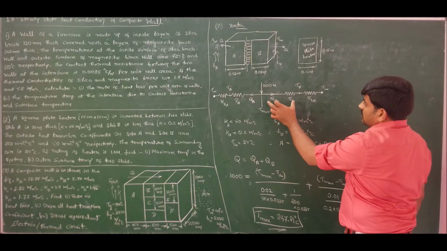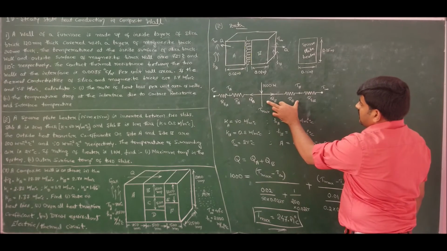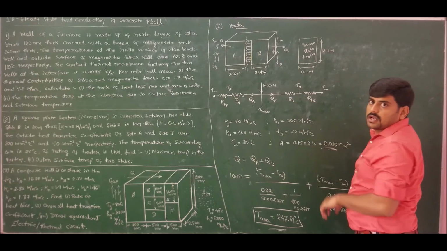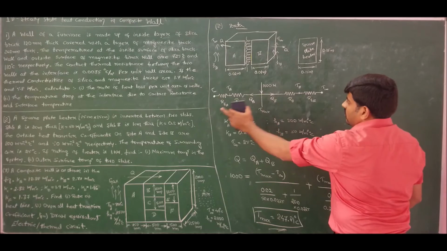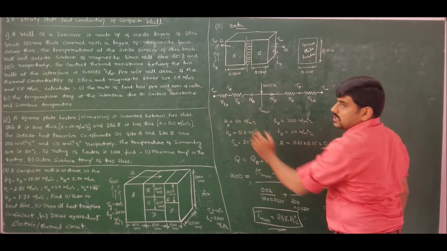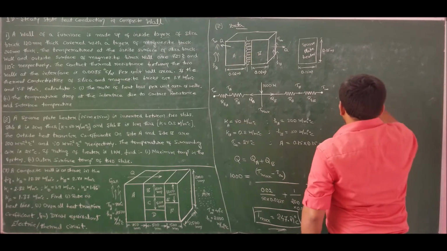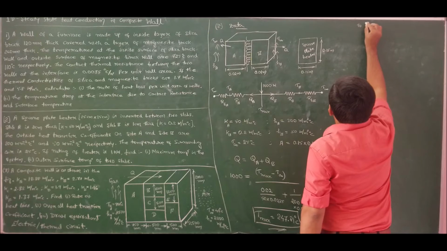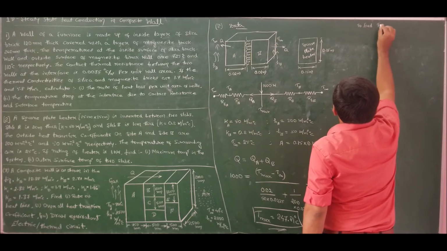Correct? So I will do from Tmax to Tb and equate it to Tb to T infinity. For steady state, QB is constant. Similarly for QA, I will do from Tmax to TA, which must be equal to TA to T infinity. What I mean to say is that to find TA,